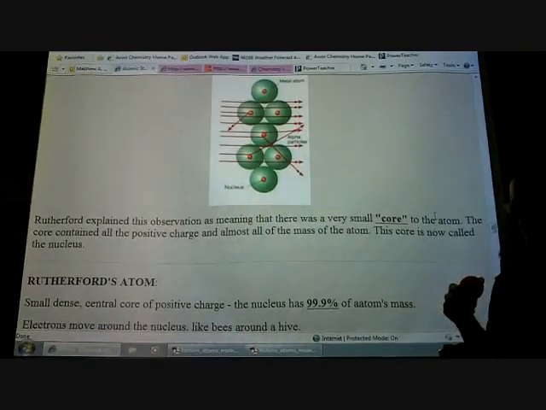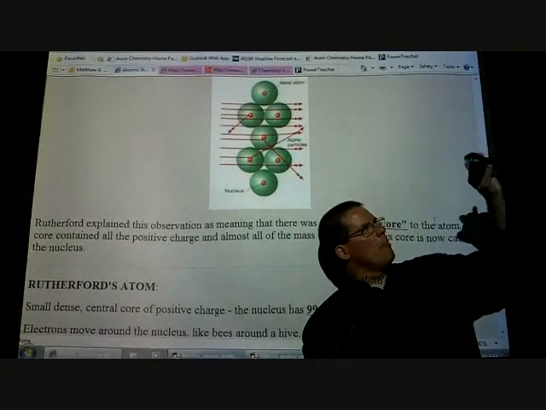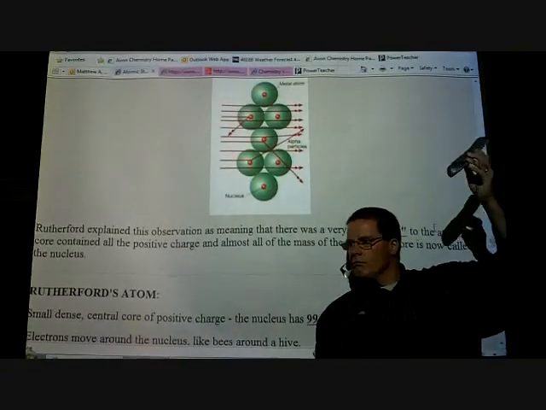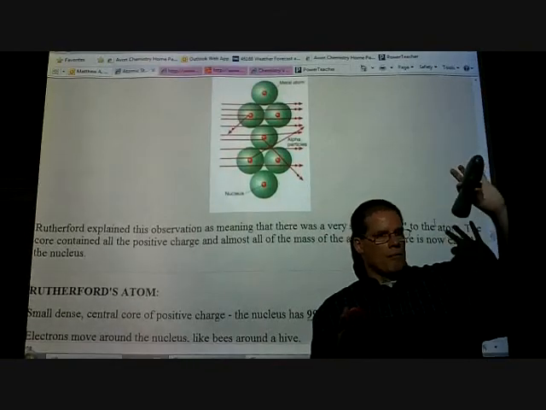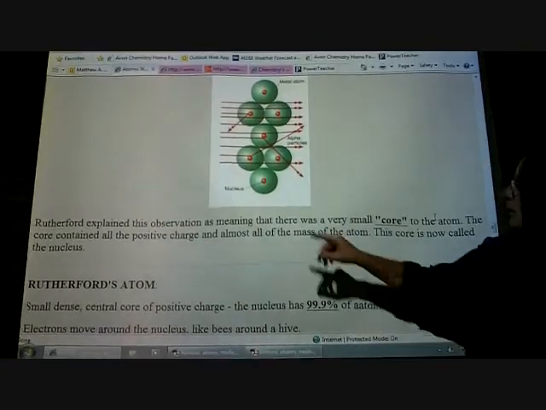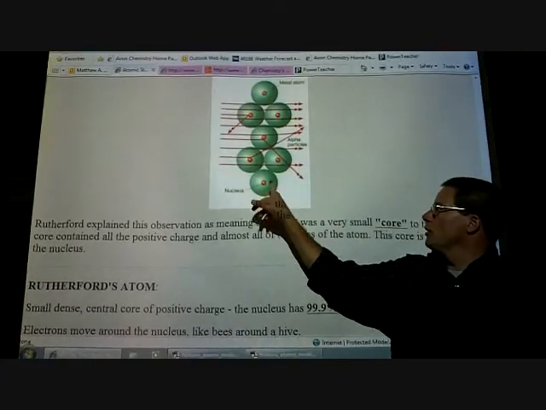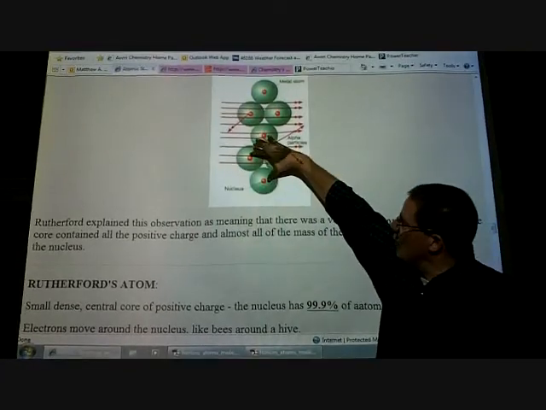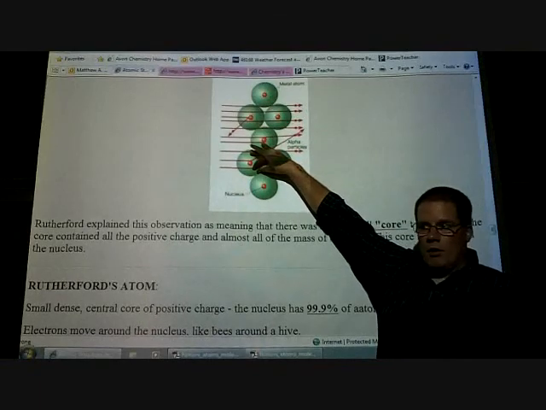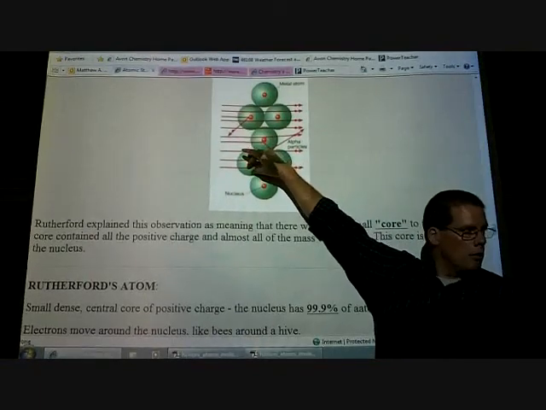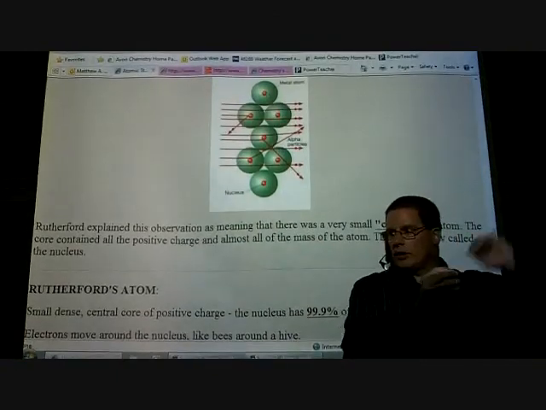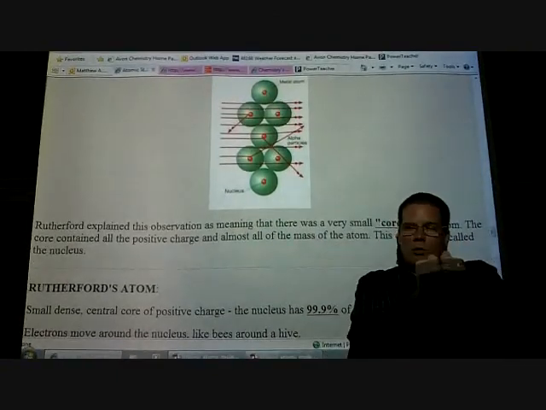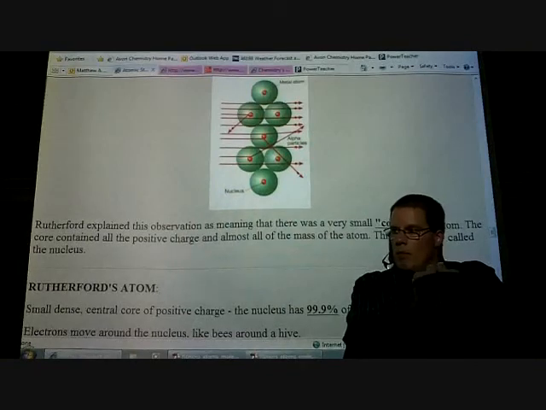Think about this. This remote that I'm holding might weigh maybe half a pound. Now, since we're mostly made up of empty space, think about this. If I remove these electrons from these atoms and allow these nuclei to come closer together, and I'm just talking about hydrogen, not gold, just hydrogen. If I were to strip off all the electrons and allow these nuclei to come closer together and bunch up,